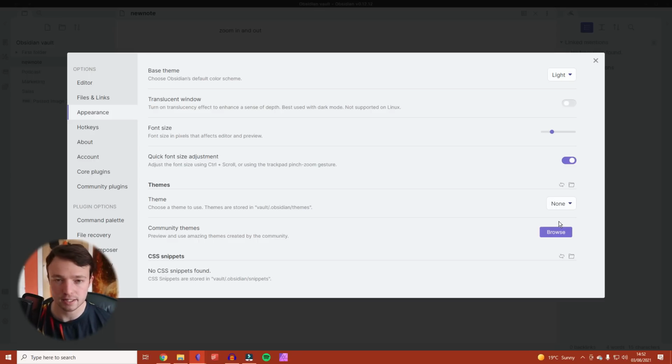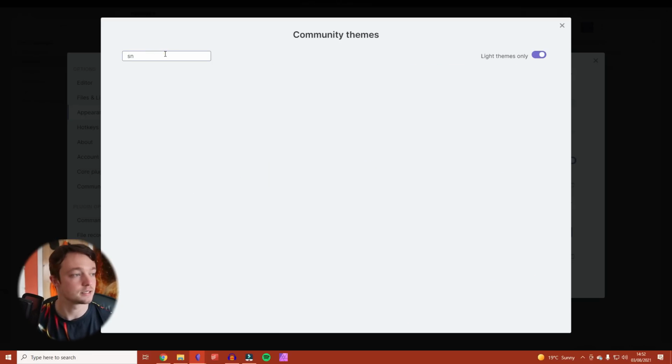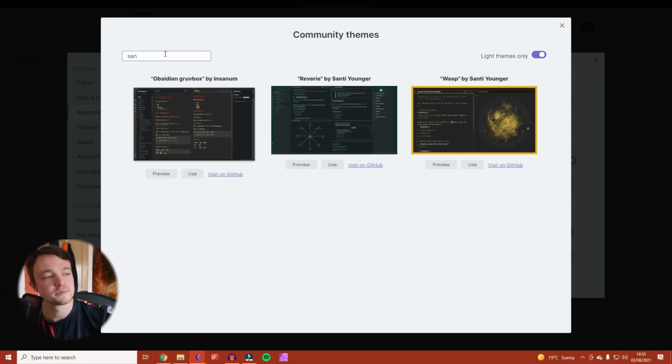You can use CSS in Remnote as well, I'm not too sure, but if you don't know how to use CSS, you can browse community themes. Here are loads of themes that you can use. I know Santi has a couple of themes. Sorry, Santi, I can't spell your name. Santi is someone that I know has got a couple of themes and has got a course, which